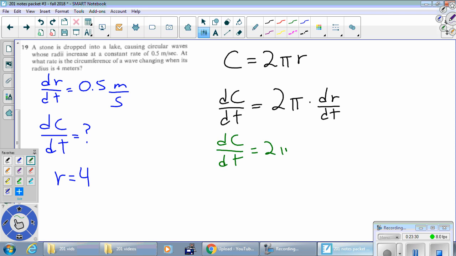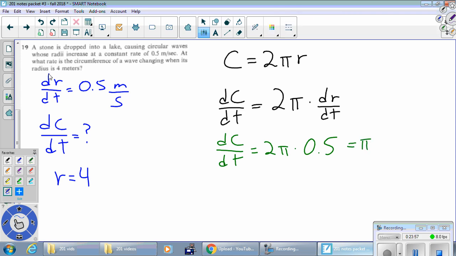Equals 2 pi times, and then instead of dr dt, we can just put 0.5. And then surprisingly, the r has no place to go. Apparently that means that the r does not matter, that the circumference is going to change at the same rate regardless of how big or small this circle is, regardless of what the radius is. So we just multiply 2 pi times ½ and we get 1 pi, or just pi, and the units here